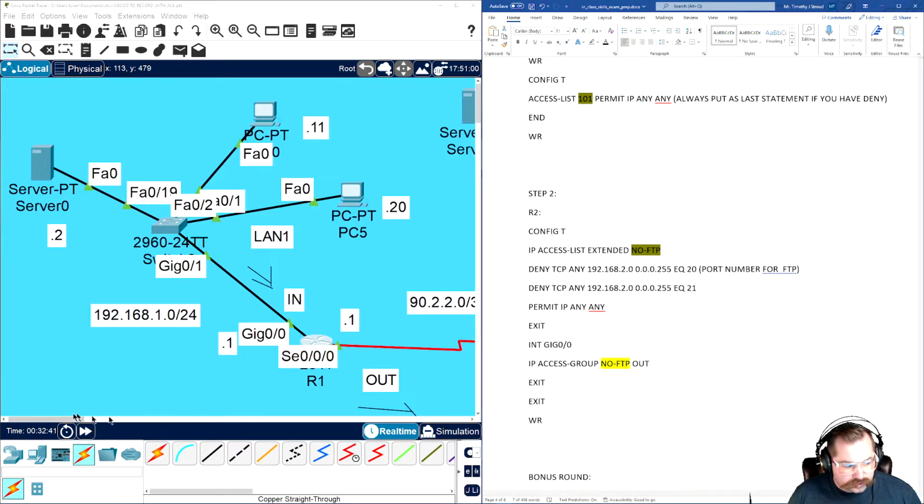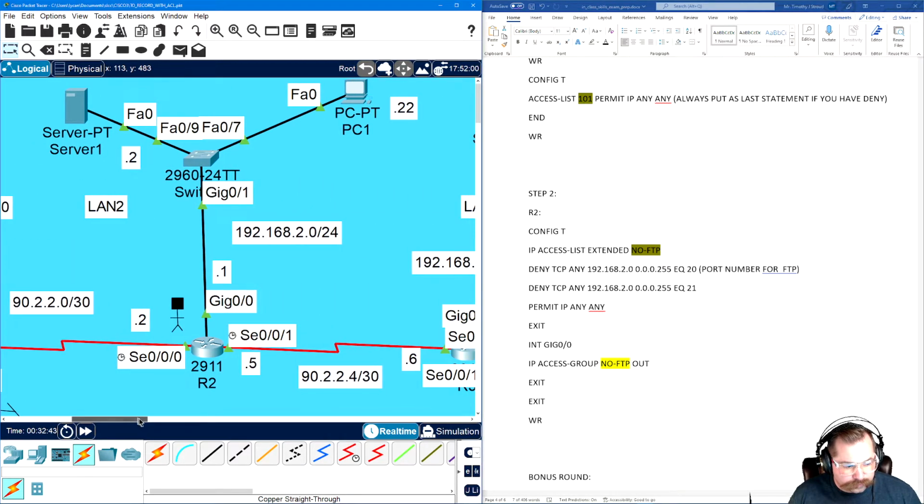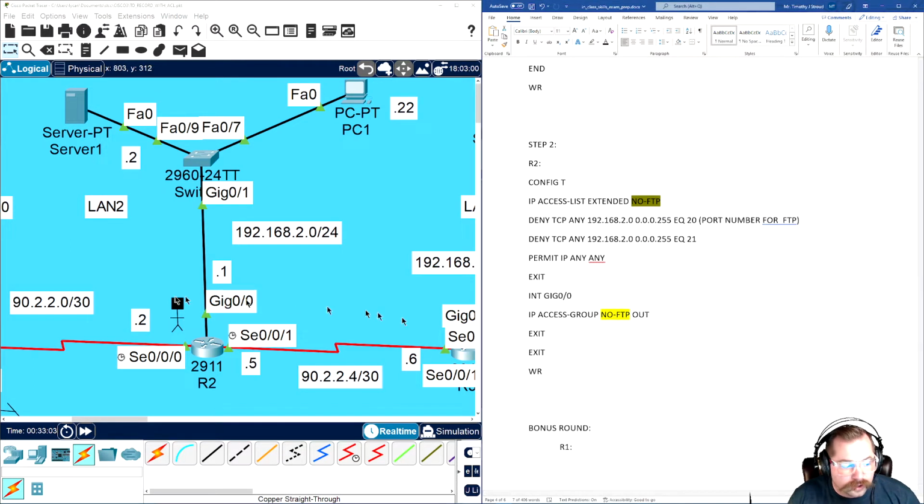My bouncer is going to be standing at the door of gig 0, right? And someone's going to show up and say, hey, I want an FTP server. He's going to check his list and say no. So the traffic at gig 0 is going to be going out to LAN 2. So that's why we go ahead and log in to gig 0/0, and we say IP access group, and then